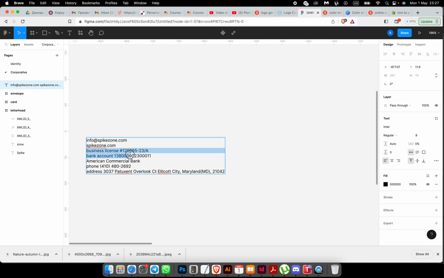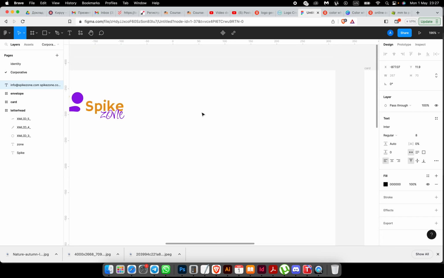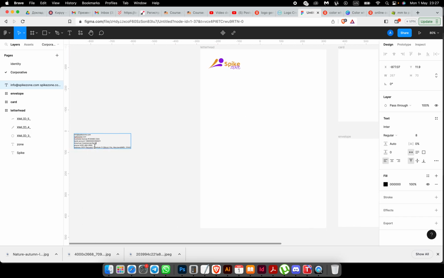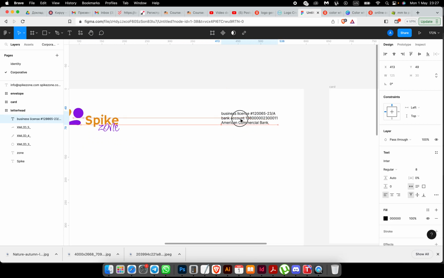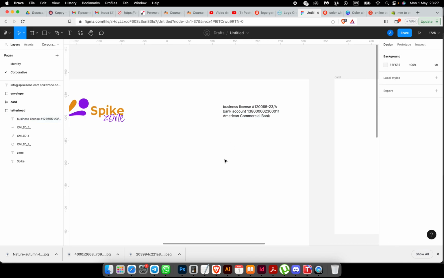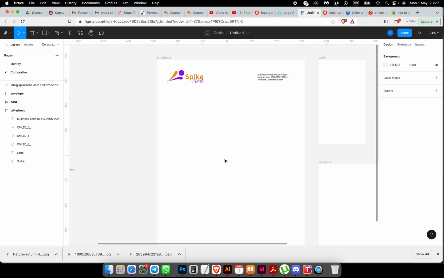Because it's a letterhead, I will first of all select the licensee and place it here on that part. Oh, sorry, I need to select those elements again and place them here on my top part, just to be sure that the text goes through according to the logo design part. Next one, because you know that the letterhead has a header and footer, so I will use the logo and some